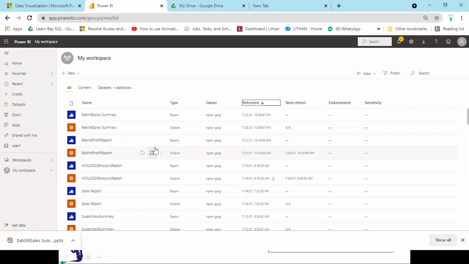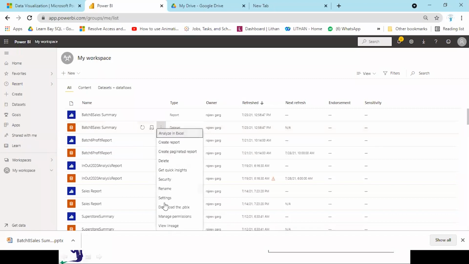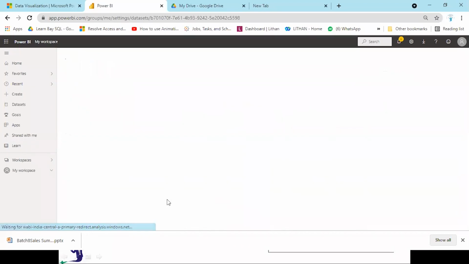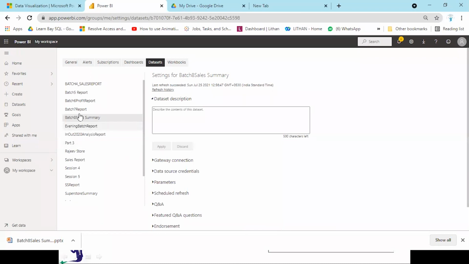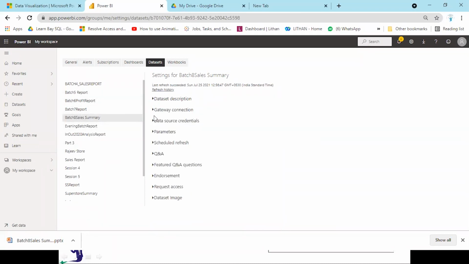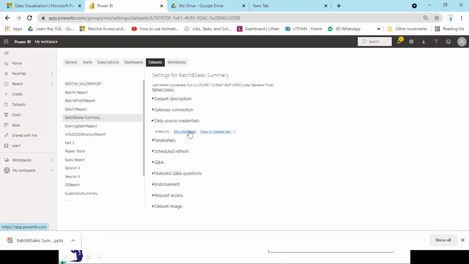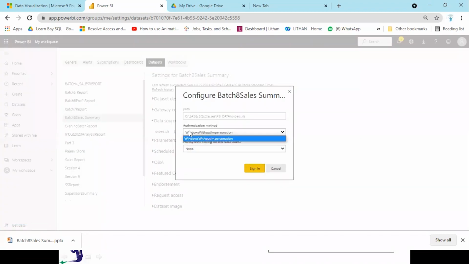Why? Because again, you have to go to the settings. Initially we have gone to the gateway connection. Now we have data source credentials, and you will say add credentials over here. It will be asking for the user ID and the password of your data source.